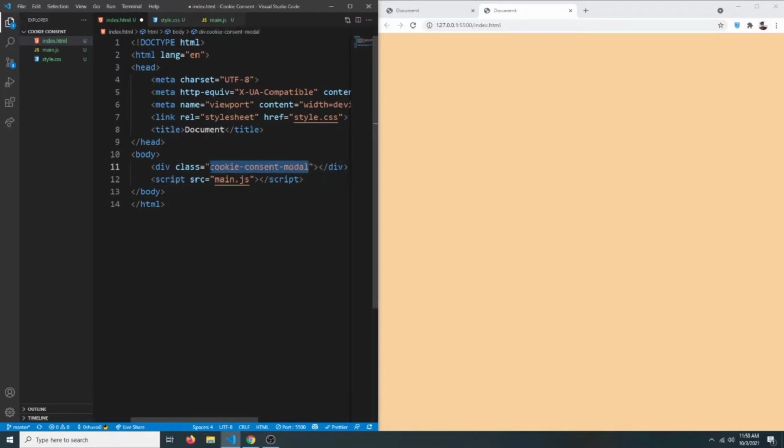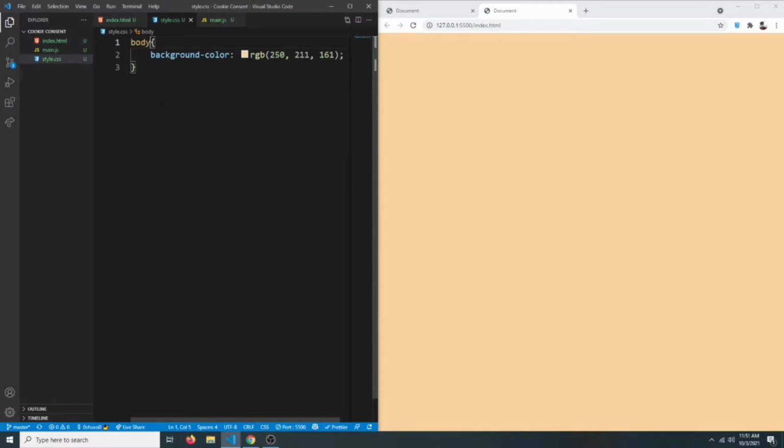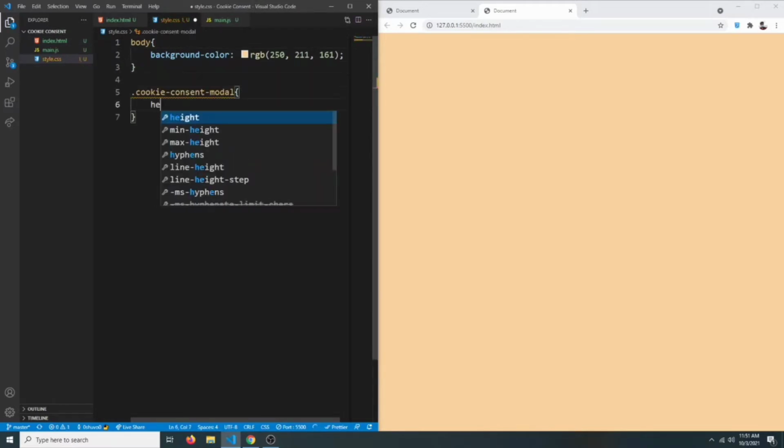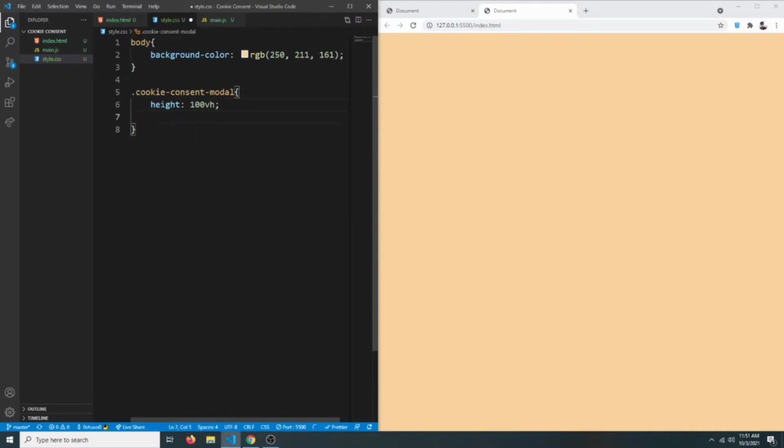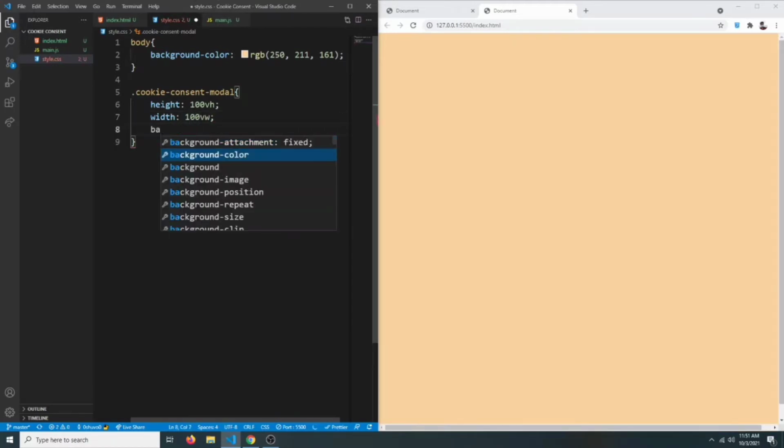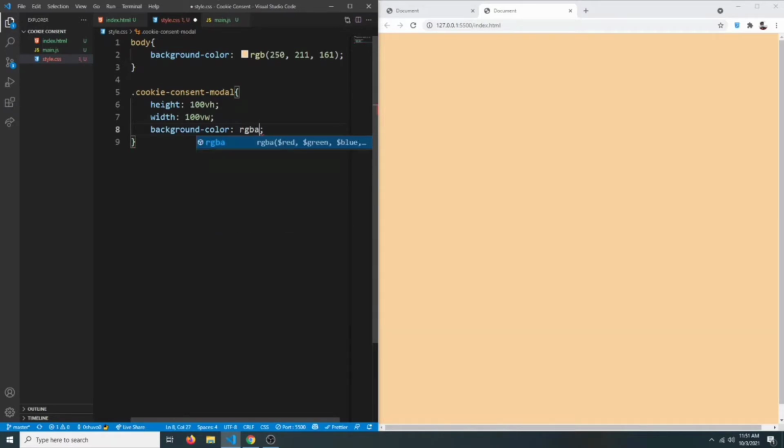So let me copy this class, Ctrl C, and paste it in the CSS, Ctrl V. This will have a height of 100vh, so the entire height of the screen, and width will be 100vw, so the entire width of our window. And this will have a background color of, let's say, RGBA.